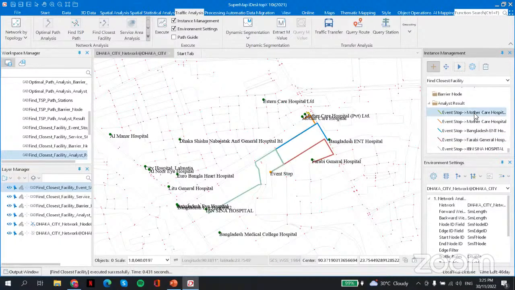As you can click here, these 5 hospitals are Mater Care Hospital, ENT Hospital, General Hospital, and other types of hospital. It will directly give you which hospital is nearby your incident place.